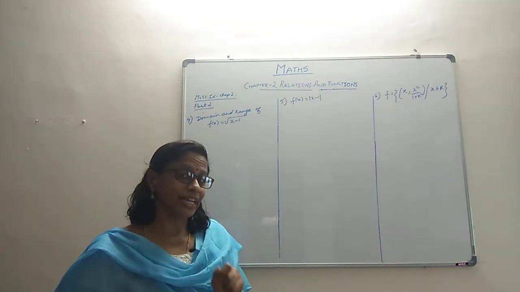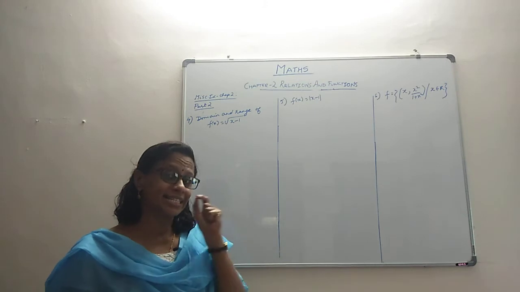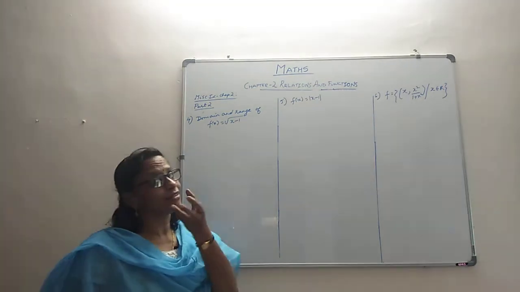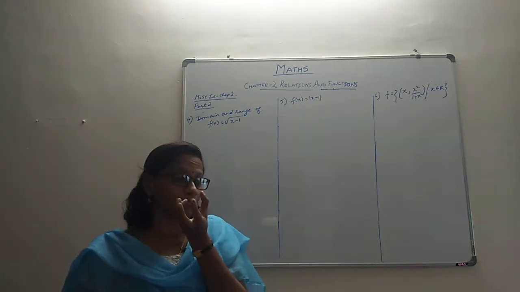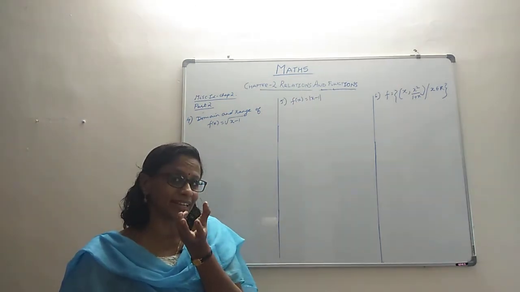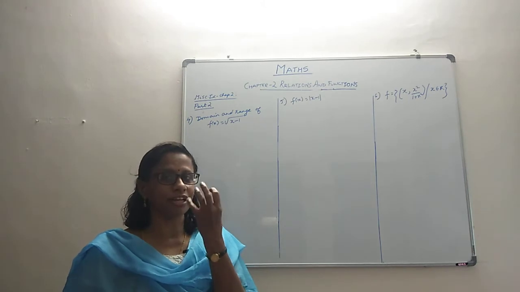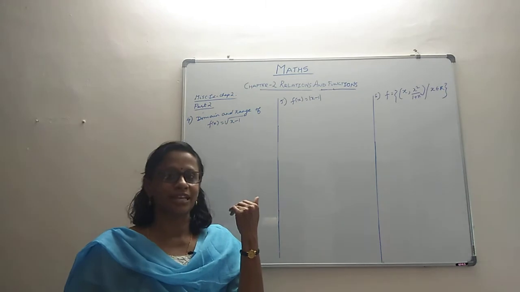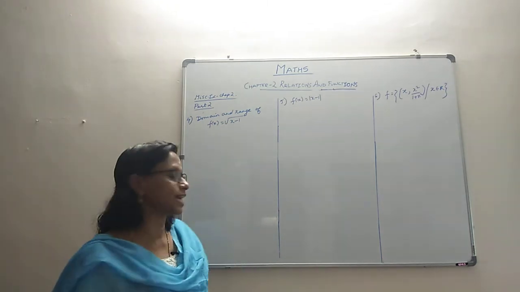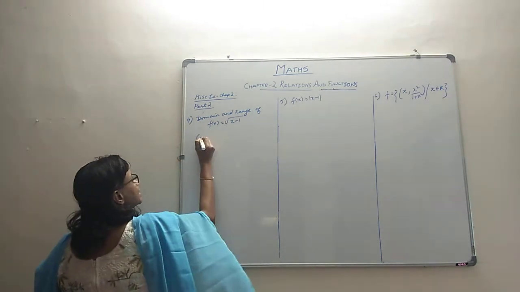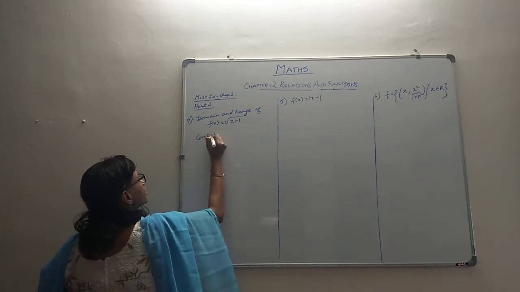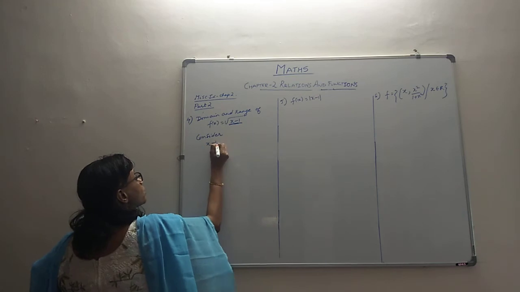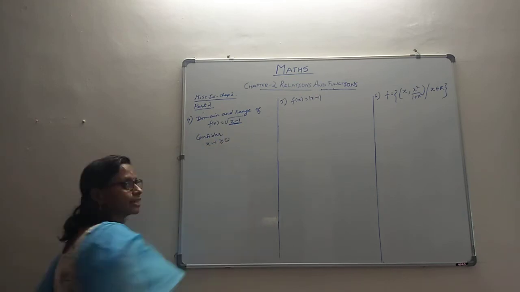So in order to get the domain, it is enough if you ensure that the polynomial that is given under the radical sign is non-negative. If you are able to establish that condition, then we are able to understand what the domain is. So let's get across directly by doing it. Let's consider the polynomial in the radical sign. This is what is there. So this has to be positive. It can be 0.